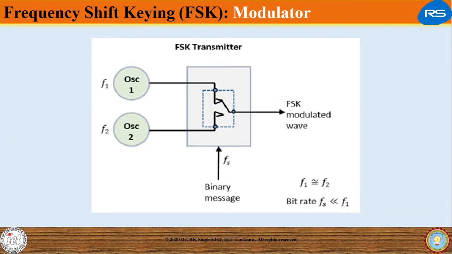Now we will be talking about FSK modulator. The FSK modulator comprises of two oscillators with a clock and the input binary sequence. The two oscillators producing a higher and a lower frequency signals are connected to a switch along with an internal clock. To avoid the abrupt phase discontinuities of the output waveform during the transmission of the message, a clock is applied to both of the oscillators internally. The binary input sequence is applied to the transmitter so as to choose the frequencies according to the binary input.